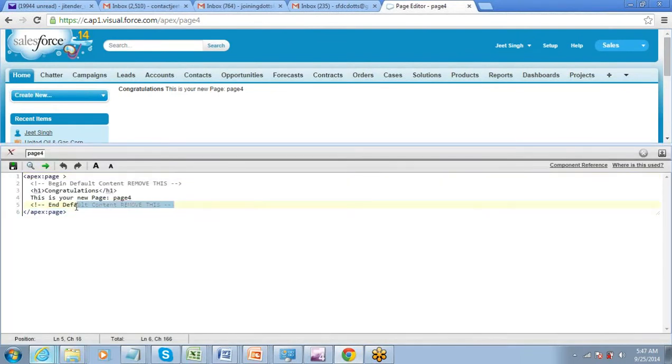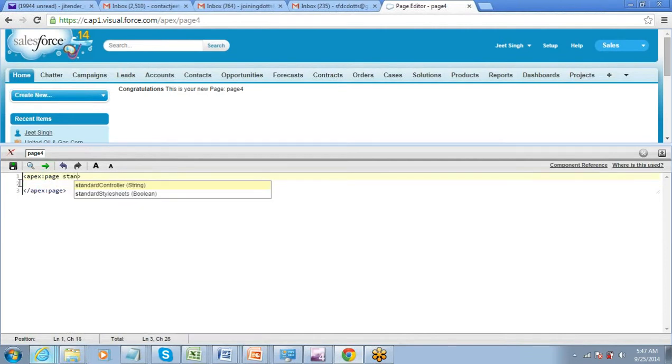Now I'll create a very simple page using a standard controller only.